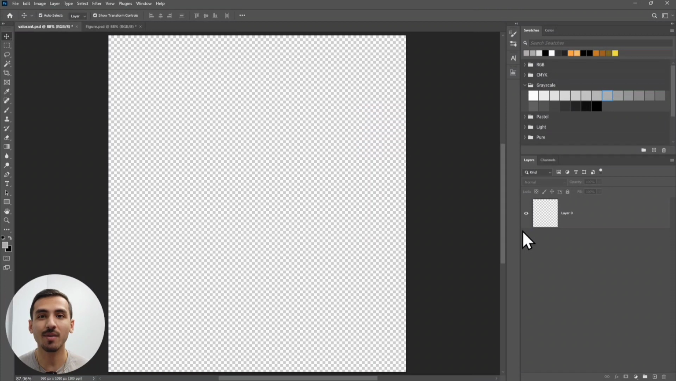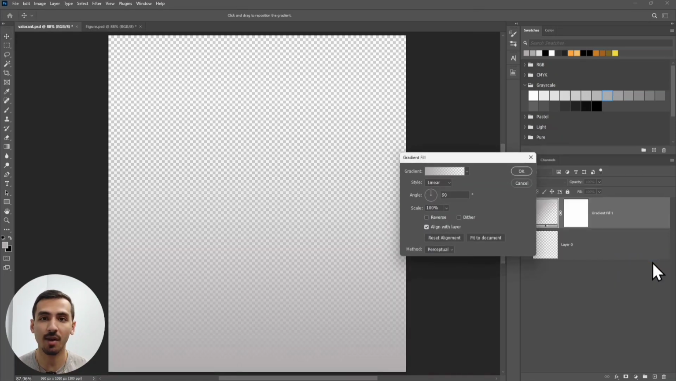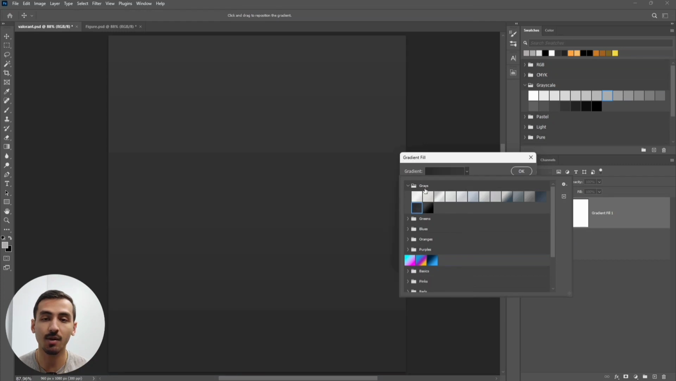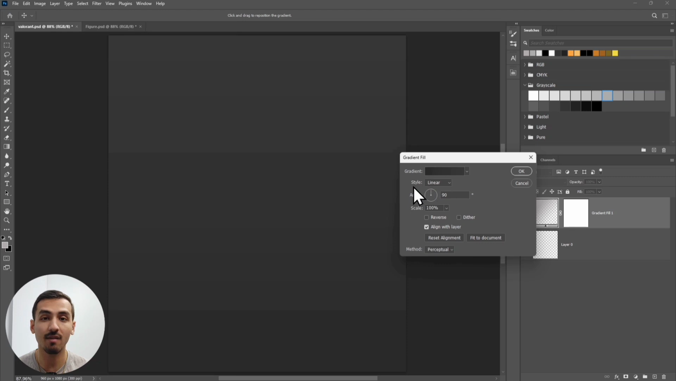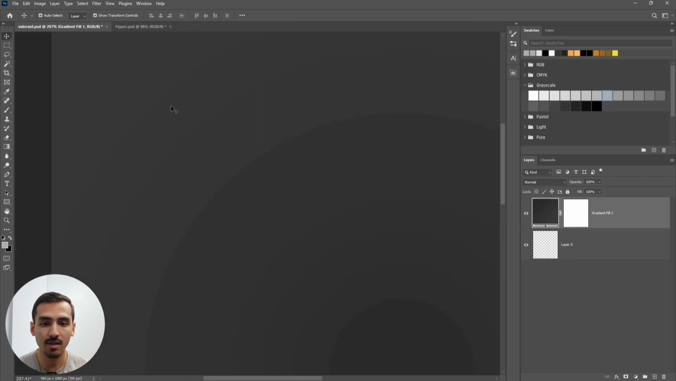Now I will show you how to use more than one option in this area. We are going to use gradient and pattern together. At first, create a gradient and choose anything that you like. I will use this one. It's in the grays folder. After that, I will change the style into radial. The angle doesn't matter because the style is radial and the scale is 100%. The following options are like this. Press on OK. As you can see, there is something like this that is not very pleasant, so let us